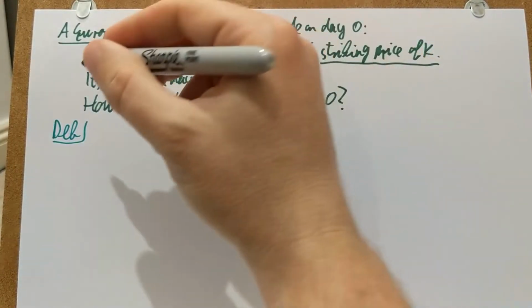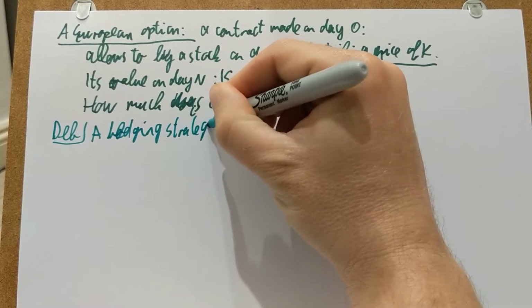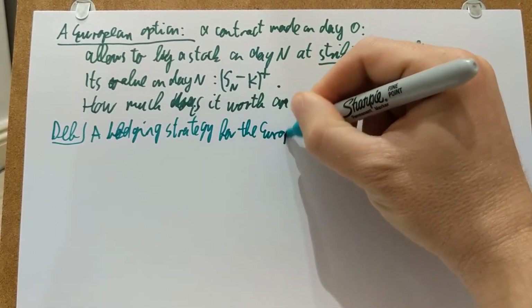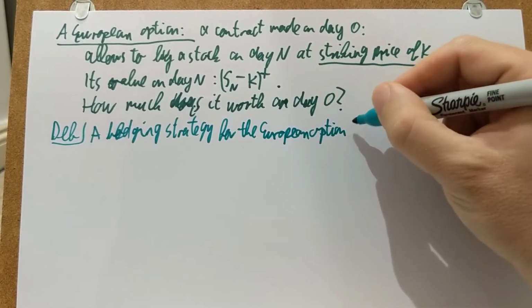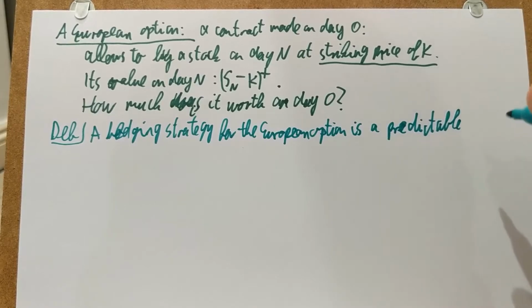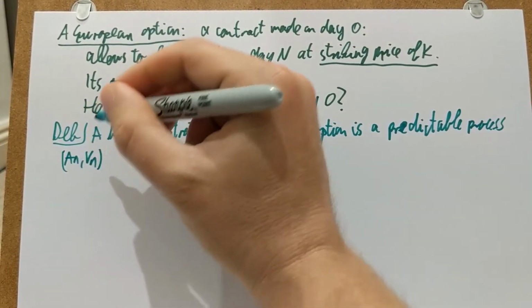A hedging strategy for this European option is a predictable process, An, Vn, such that